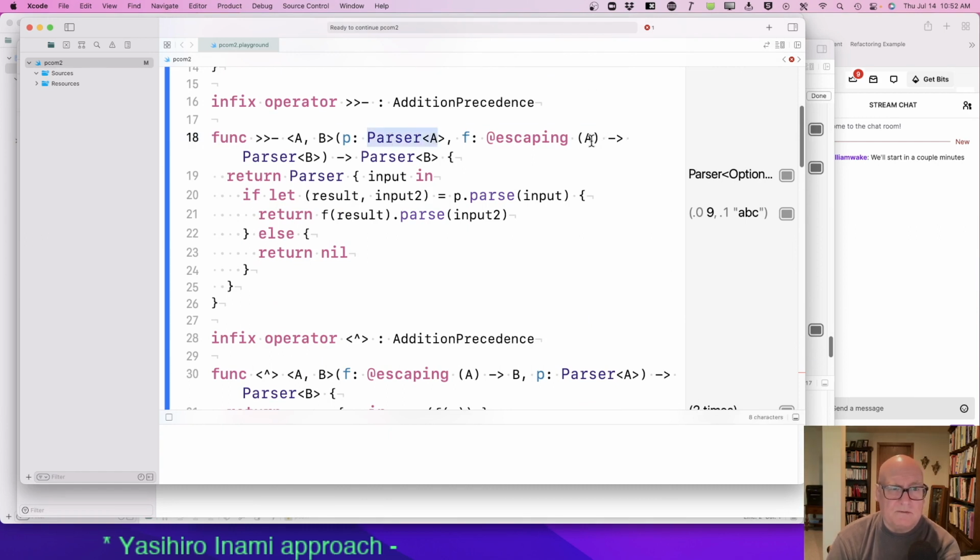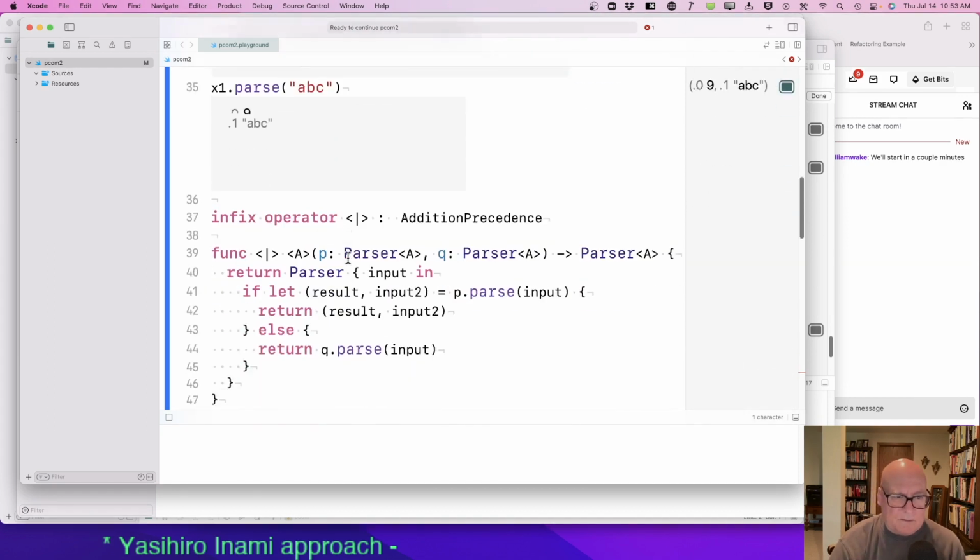Give me a function from A to a parser for B. I'll run the parser on the input. I'll apply the function and get a new parser on the rest. Okay, let's do this pure thing.